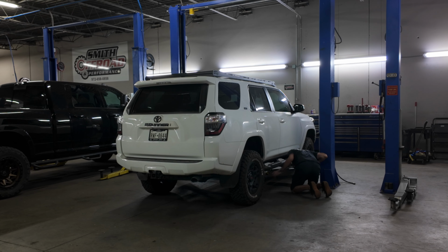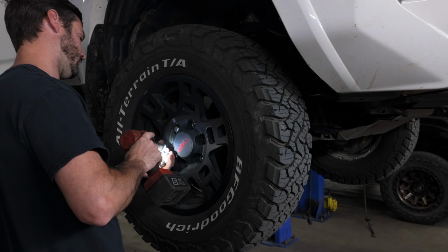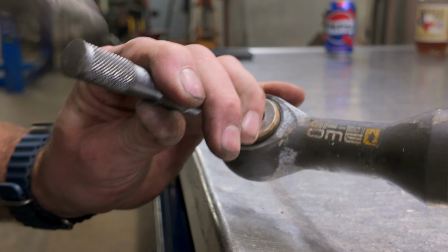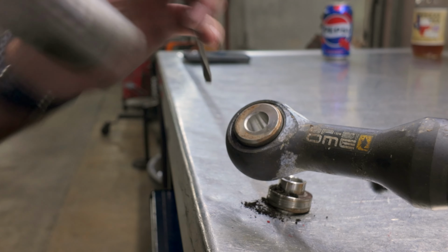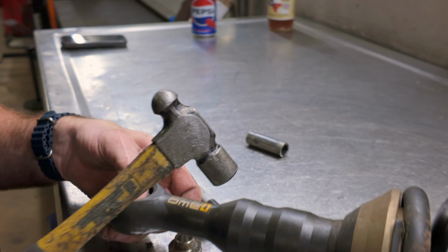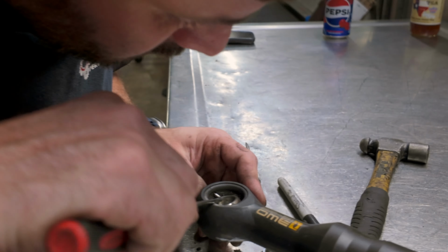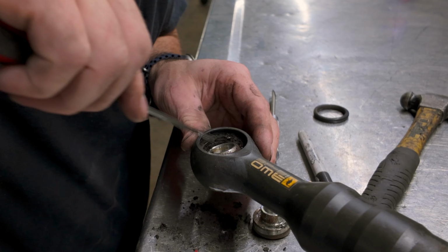So I was telling you about the O-rings, and you'll see here in just a second as we start taking it apart. Obviously there's dirt trapped in here because you just see it fall out onto the table here. So the O-rings are not doing their job and stuff is just falling out. So that's all the stuff that's in there just grinding away. So he's going to continue taking it apart. And you see all the dirt in there. There's the O-ring that you can pretty much leave out,